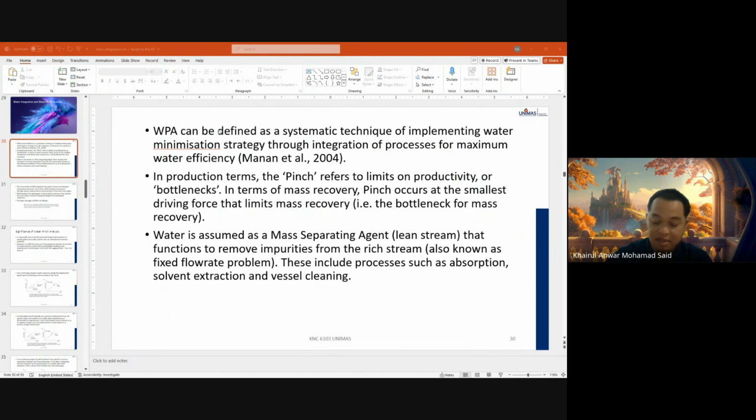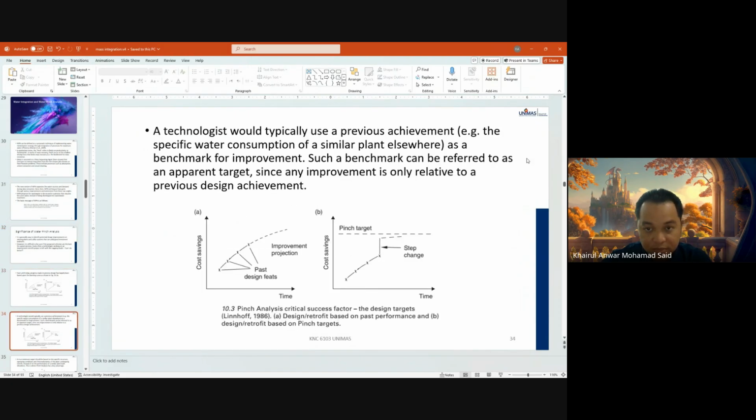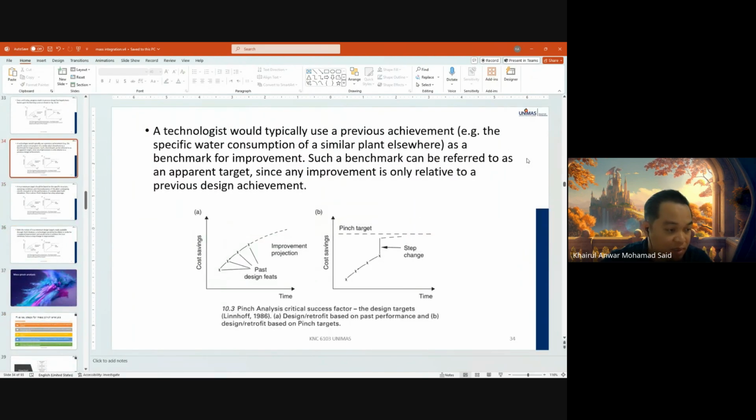So WPA works in a two-step sequence. First, we set the water target, and second, we design the water network to meet those targets. When we plot our water-using processes, we eventually hit the thermodynamic bottleneck